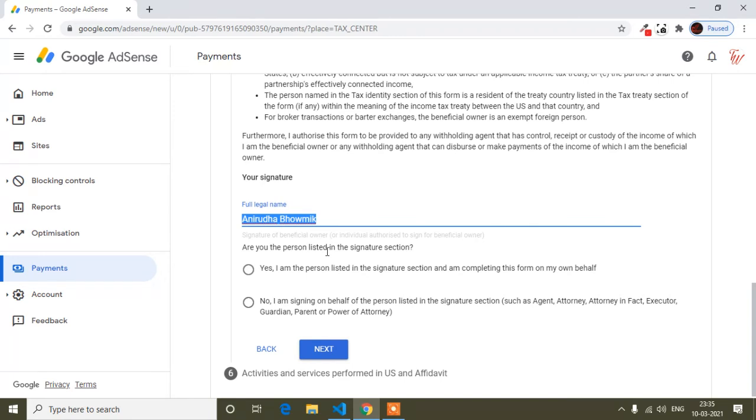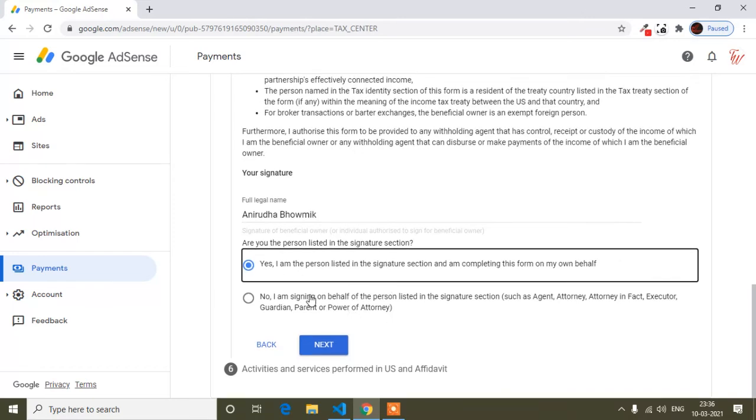And are you the person listed in the signature section? Yes, I am the person listed in the signature section, and I am completing this on my own behalf. And no, I am signing on behalf of the person listed in the signature, such as agent, attorney, guardian, parent. Here, if your AdSense is in your mom's name, because of the age criteria of AdSense, you can't open an AdSense account if your age is under 18.